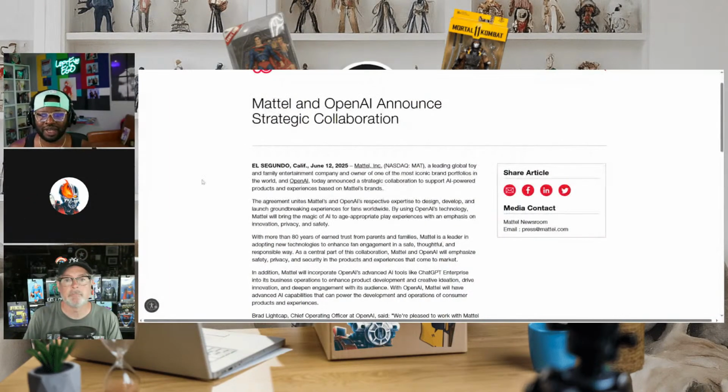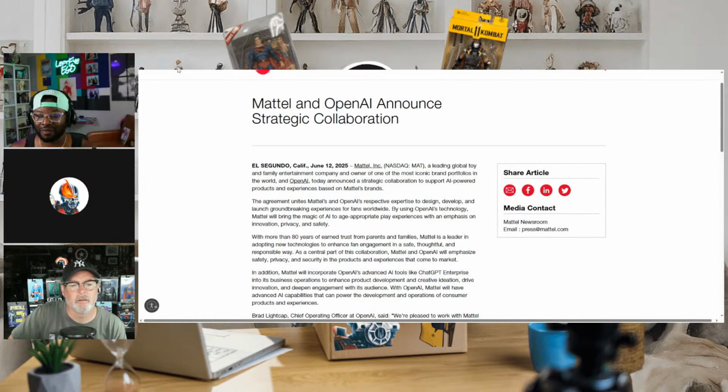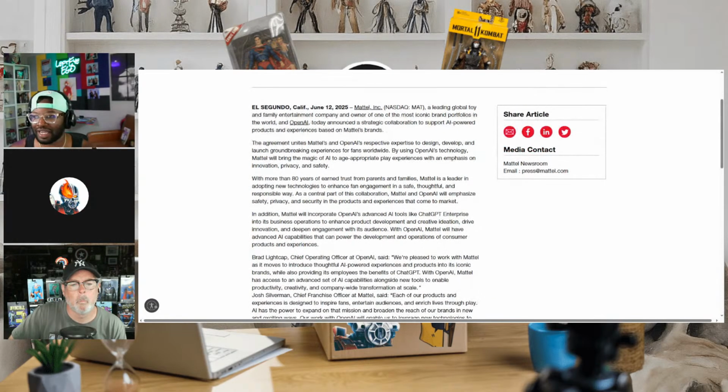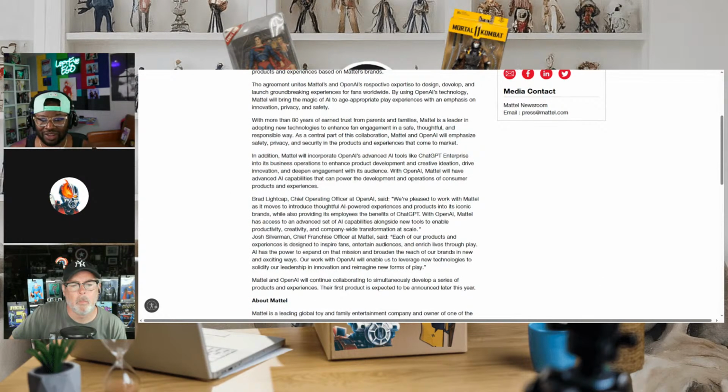Actually, this just came out, and I wanted to get all your thoughts on this. I literally just found this out. This happened about a week ago, and it just got out, and people are just starting to get to it. So it appears that Mattel and OpenAI are going to be doing a strategic collaboration for toys. And since this time, there has been quite a backlash from watchdog organizations about this. And so, yeah, they're trying to